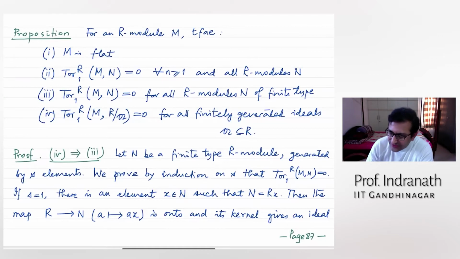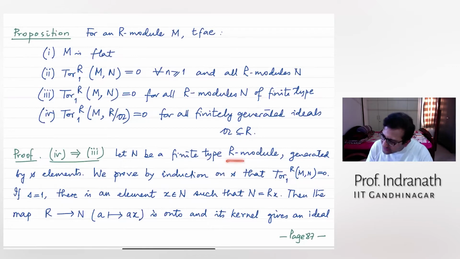This is what we just now said, that if you have one of them flat or projective, you have 0. So that takes care of it. This is true for all finitely generated, and therefore also for this. That much is true. Now we are trying to go back from 4 implies 3. Okay, so this is something very, very interesting. You have seen this already in some form. Now again you are revisiting it, but in terms of vanishing of Tor.